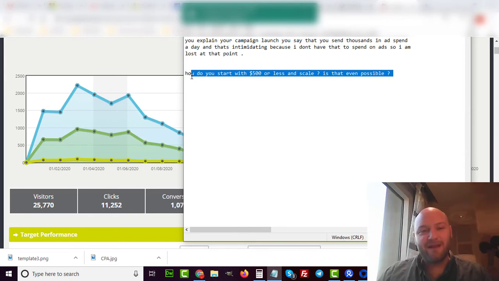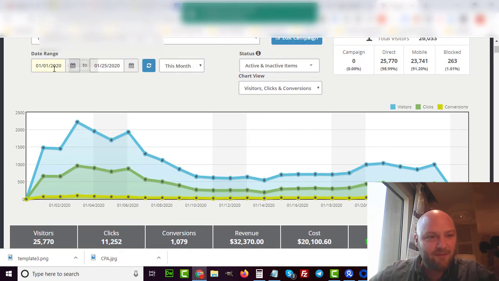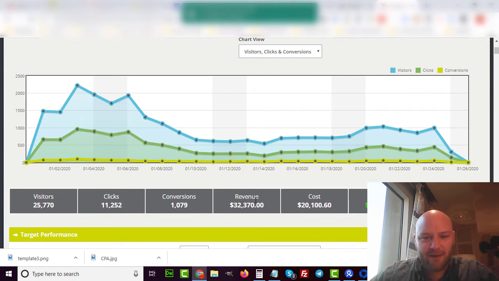You need to have the right things in place so that you can have numbers like this when you start. This is the monthly stats on one of the campaigns from January 1st to January 25th. You can see it's a little over $1,000 a day coming in, and about $500 a day profit. This is possible by starting out on a low budget and then scaling up. I'm going to show actually how I would go about it with a low budget.